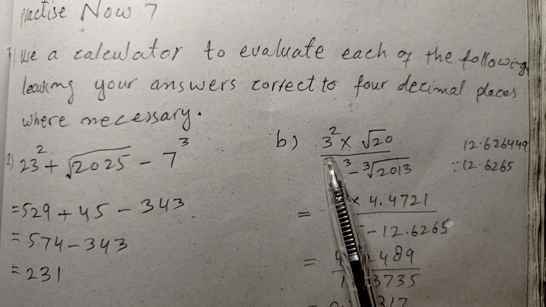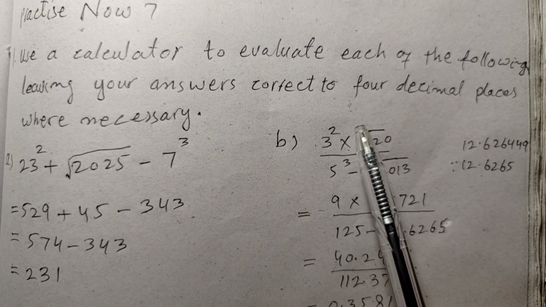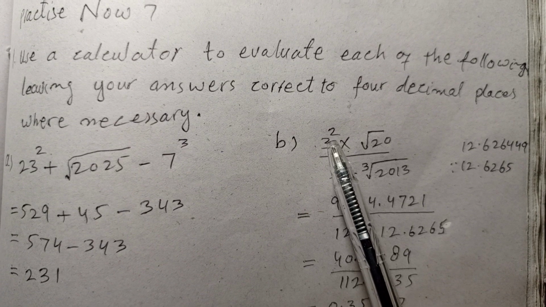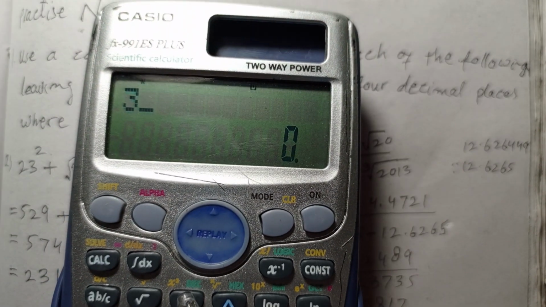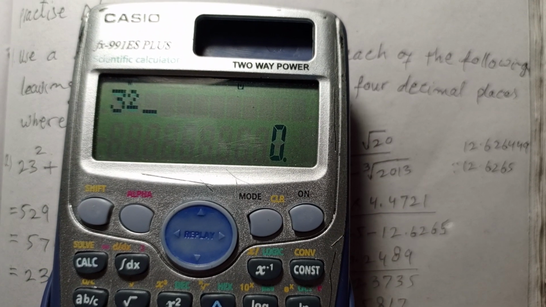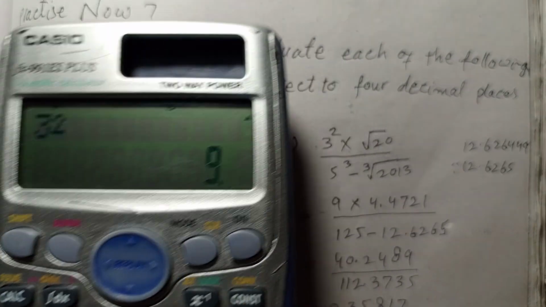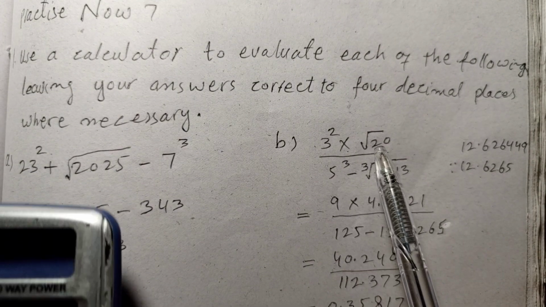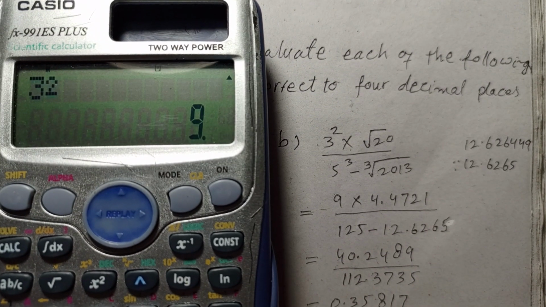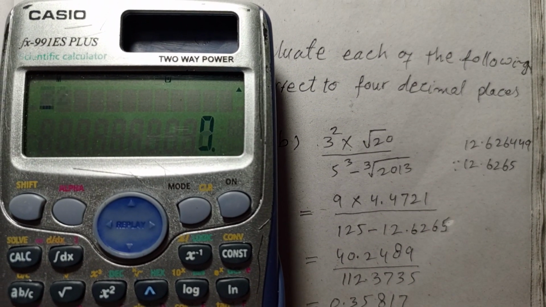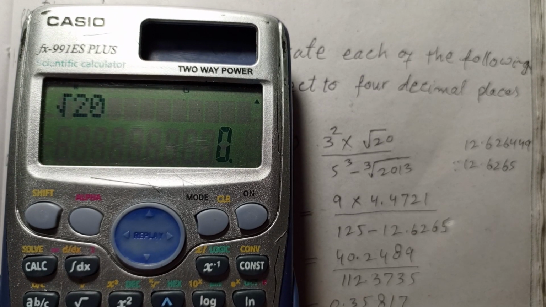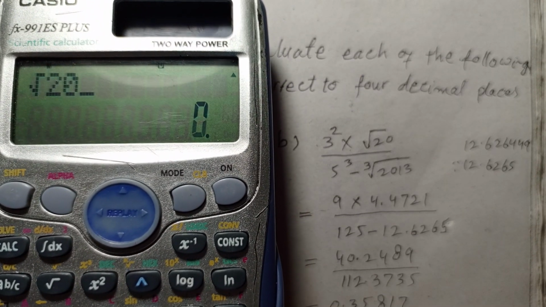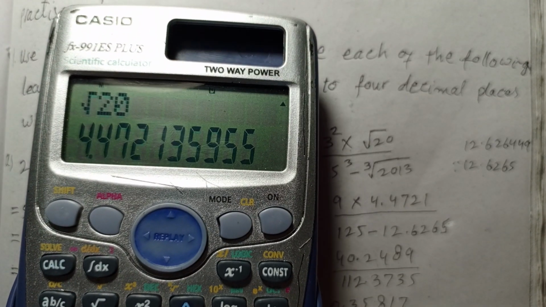Now see the B part. 3 square of 3, you will find 3 square of 3. So you will write 3, and then you will press x square. You will get the answer by pressing the answer key, that is 9 here. Then 20 under root. For 20 under root you will press under root first, then press 20, and then press answer, that is